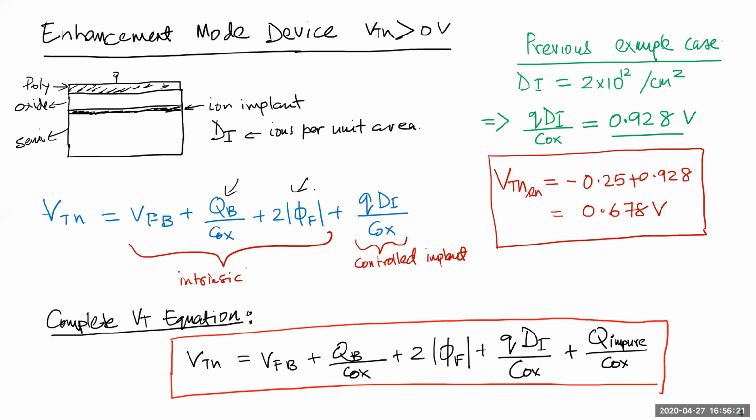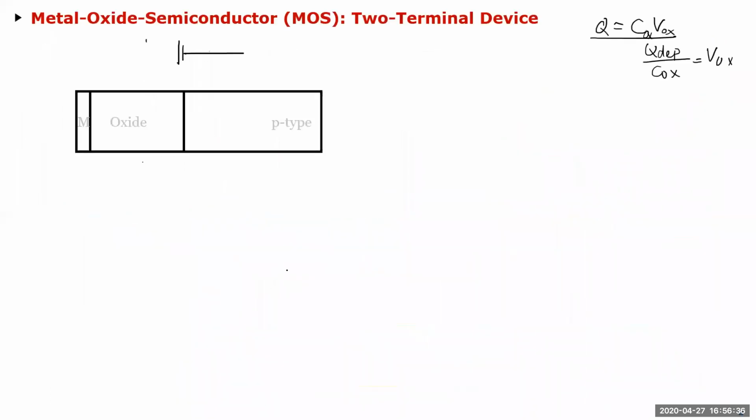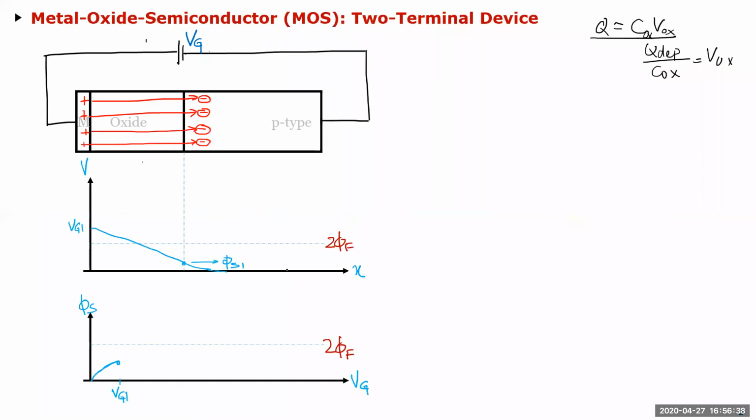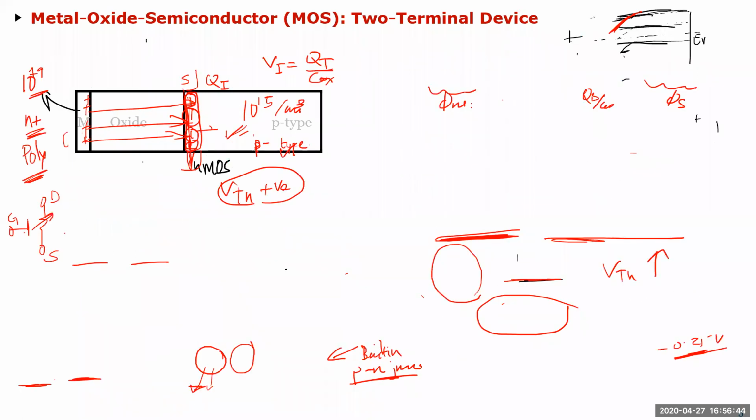This is the 2 phi f, and I needed to control it because we saw that this quantity was, I think, minus 0.59 volts, or I forget what the quantity was. We calculate this to be,